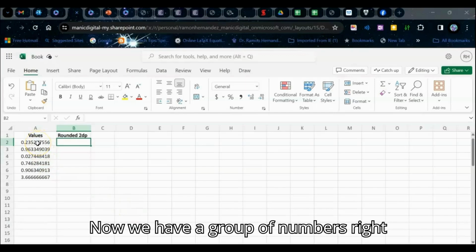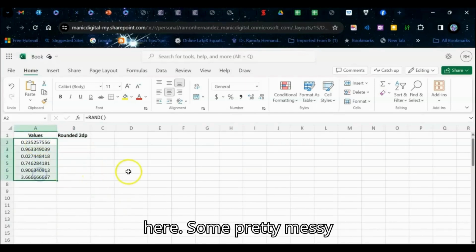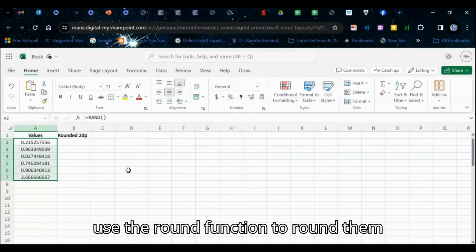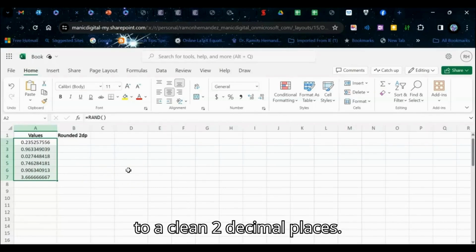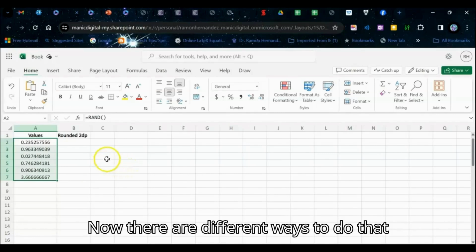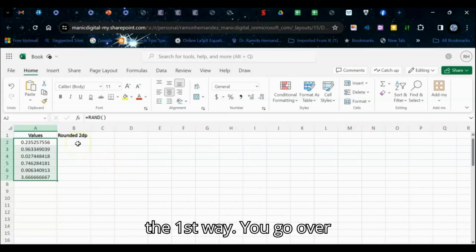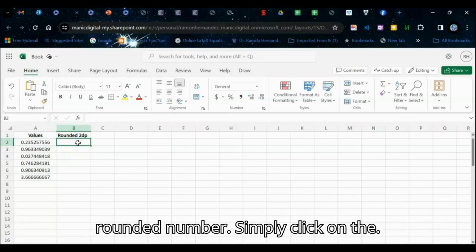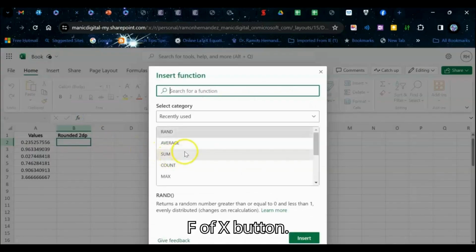Now we have a group of numbers right here, some pretty messy decimal numbers. And we are going to use the round function to round them to clean two decimal places. Now, there are different ways to do that. The first way, you go over here. This is where you want to put the rounded number. Simply click on the fx button,